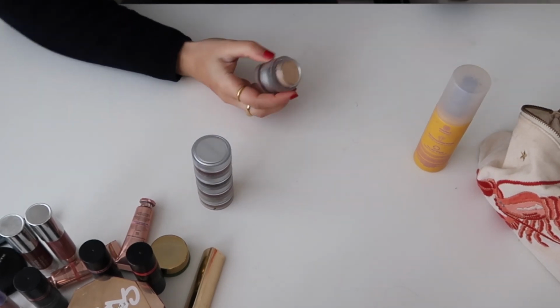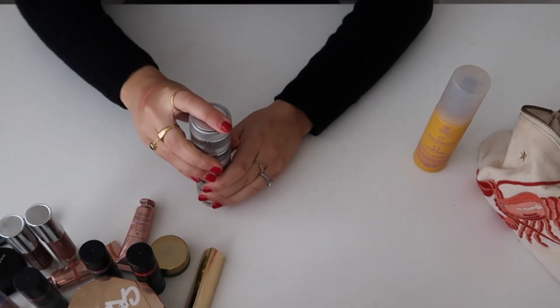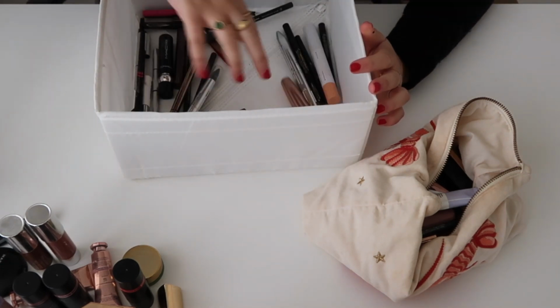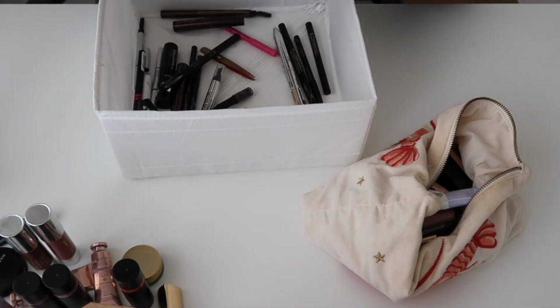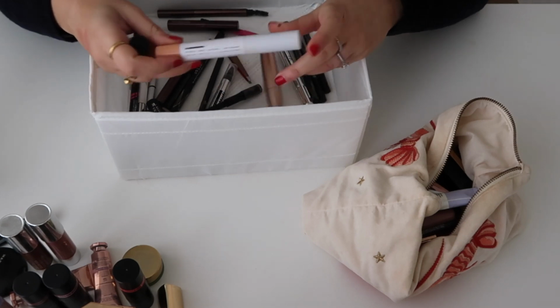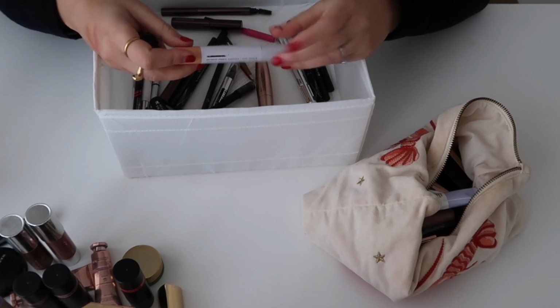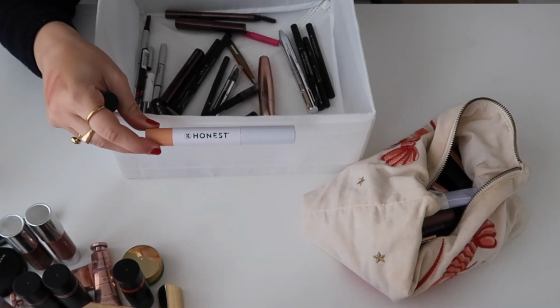Oh, okay, well that went straight in the bin. Yeah, I'm actually gonna keep these. Then I have all these liners and lip liner, eyeliners, a couple mascaras. I have 3 mascaras. This one I feel like I need to just use up, and then probably it needs to go in the bin, go in my empties, go in the recycling,